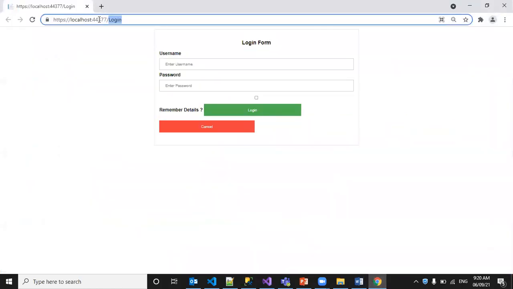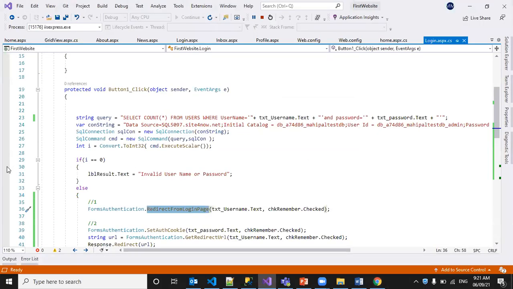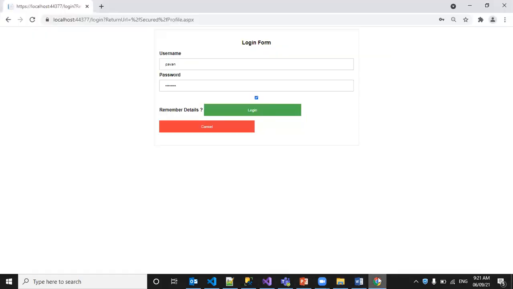So let me go to the home page. Now I am clicking on the profile page. Same thing, I have to enter a username. So let me try with power, and the password tested123. I'm just checking. So what is the purpose of it? I'll tell you. So I just entered power and am clicking on the login button. Let me see whether it will work or not.